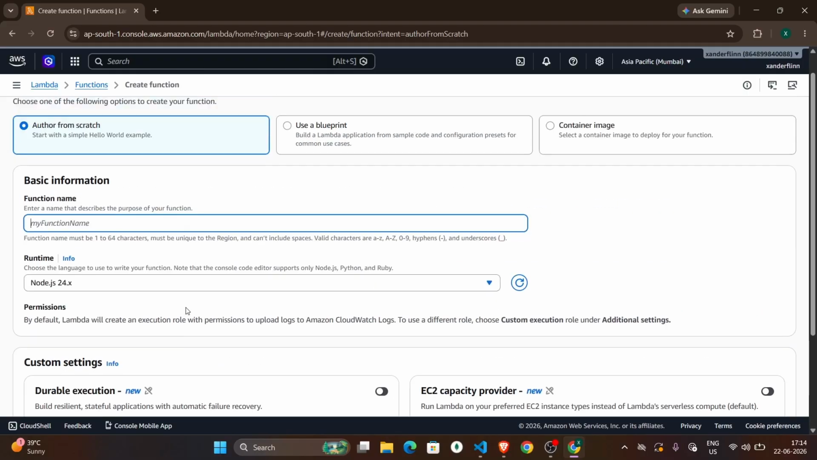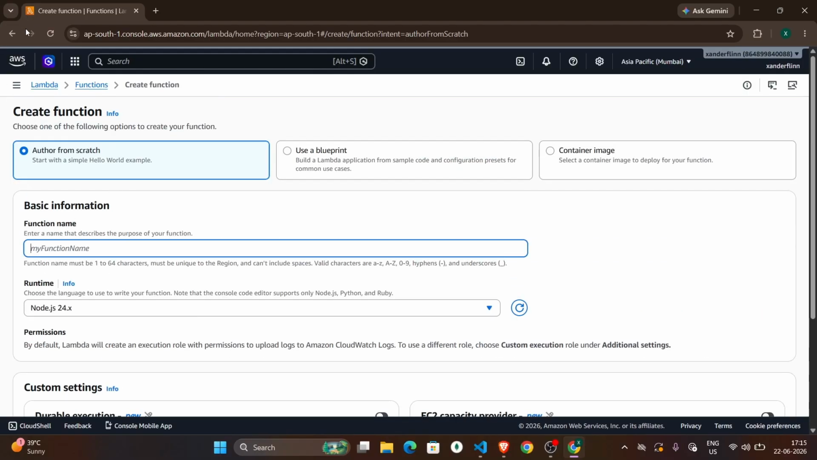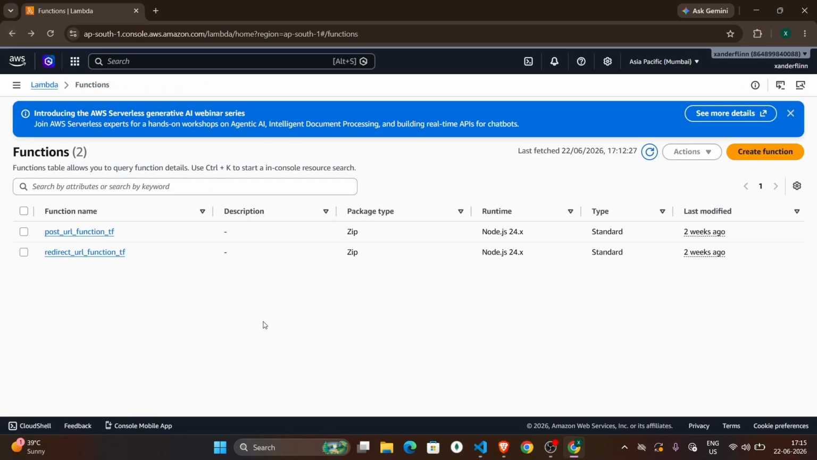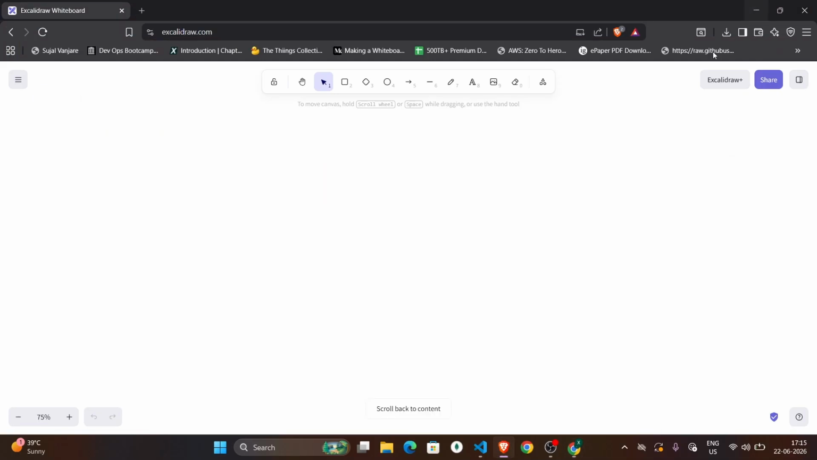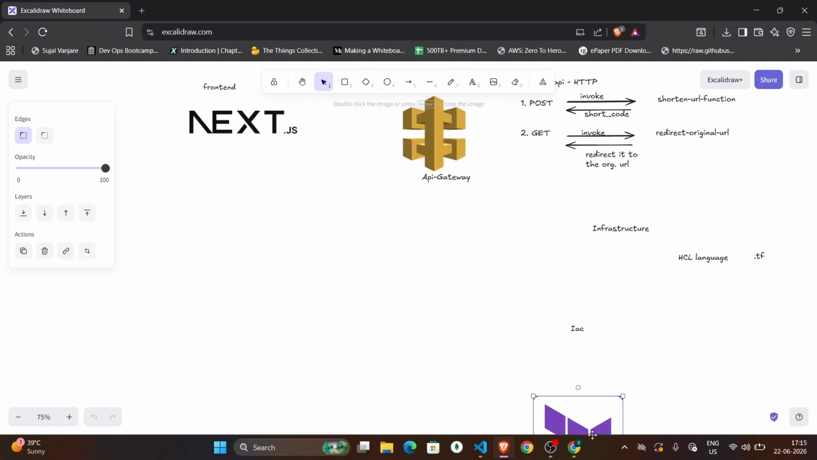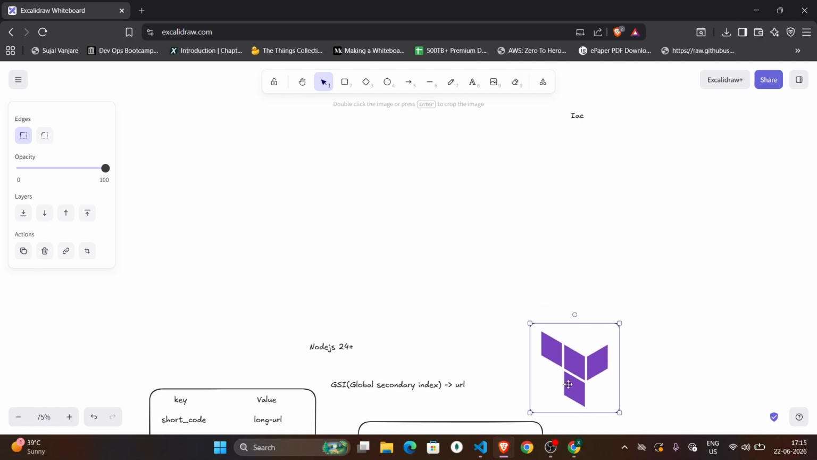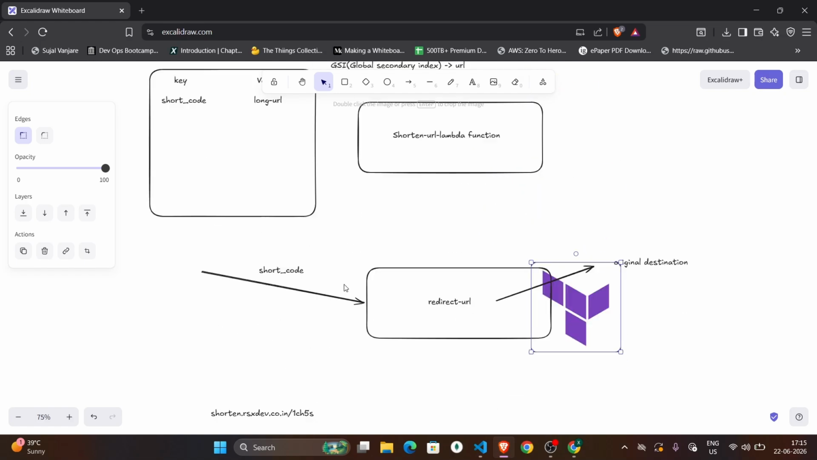So we will create two more functions, not manually, like create function and selecting Node.js 24, giving the function name and giving the code zip file. So we will not create it manually. We will use what? Let me bring into the frame